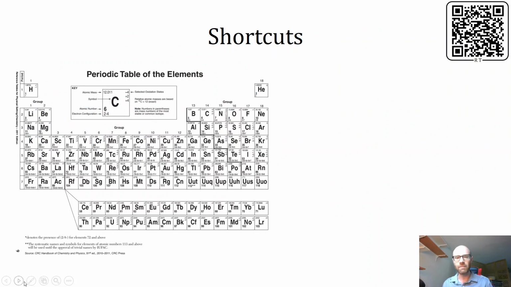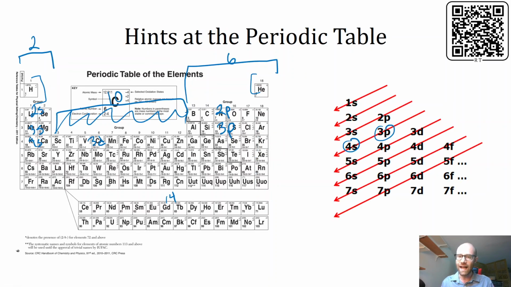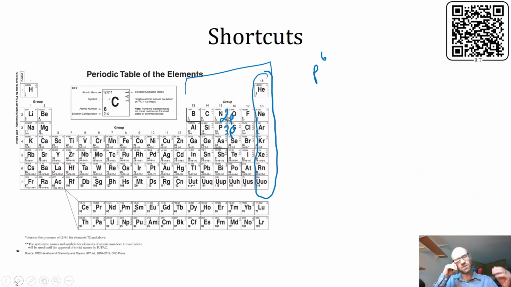And one final thing I want to mention about the periodic table, because there is always this last column before we start a new row, we can now talk about maybe shortening things up a little bit. Remember that I just said these were p's, 2p, 3p being filled here. That means that every single one of these group 18 elements always ends in a p6. And from our previous slides, we've seen that after a p is always an s. And so because we know that after that p we're always starting a new energy level, 2p to 3s, 3p to 4s,